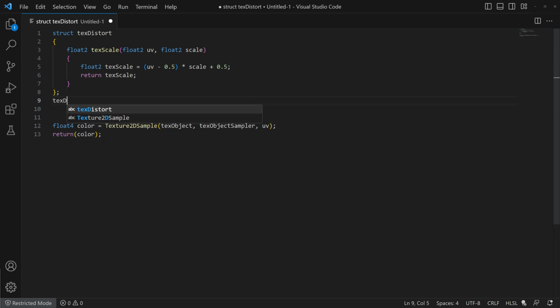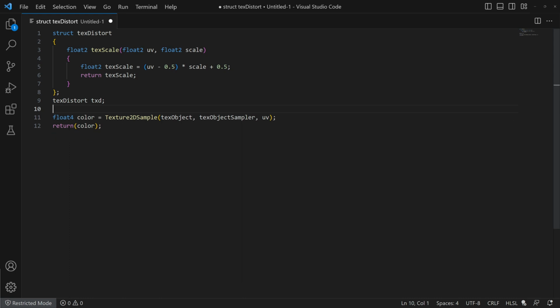and take our structure and just give it some sort of name. I'm just going to call it TXD for texture distort. And if I want to use it now and properly see this work, I'm going to modify what I return here. I'm going to return color still, but instead of having the color just be our texture sampler and the UVs, we're going to take those UVs and we're going to distort them. So I'm going to use my function here, texture scale,